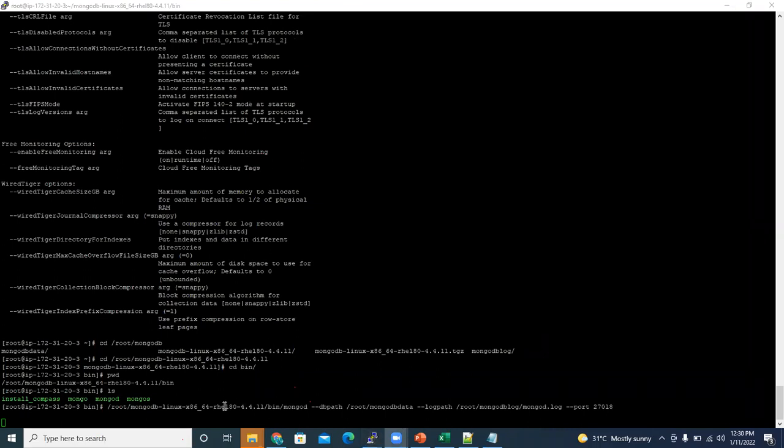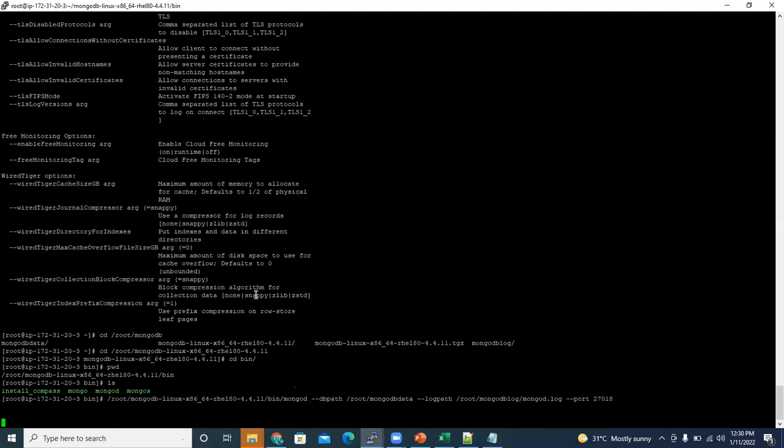In the command line, I mentioned the dbpath, the logpath, and for the port I used 27018, but the default port is 27017, correct? But I'm using 27018 and I started.